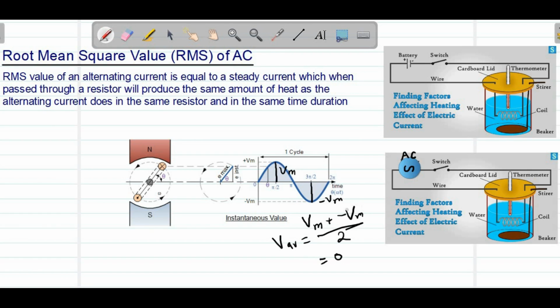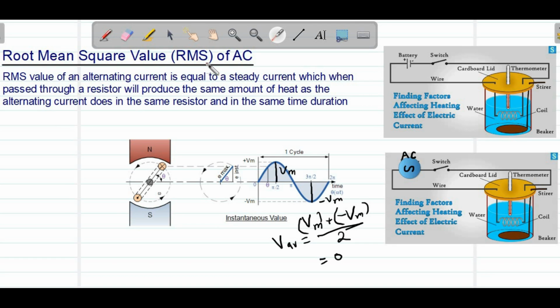So mathematically, suppose we square this voltage. While squaring, the negative will become positive. Then we will find the mean, the average of that, and after that we will find the square root of that. After finding the square root, the squaring effect will be cancelled. So we square the voltage, find the mean of that, then find the square root of that. The negative effect is cancelled by squaring. That is the mathematical meaning of the root mean square value of AC.